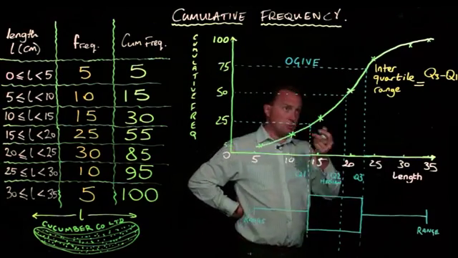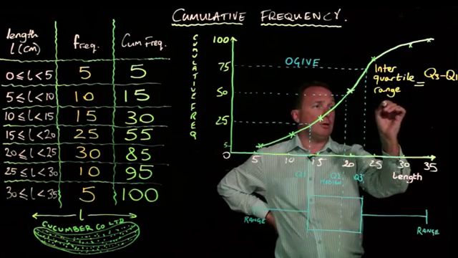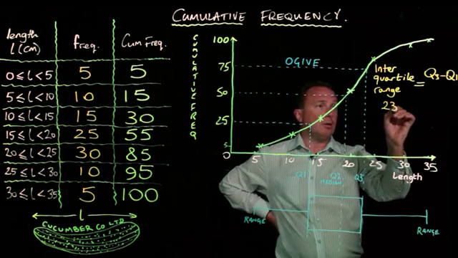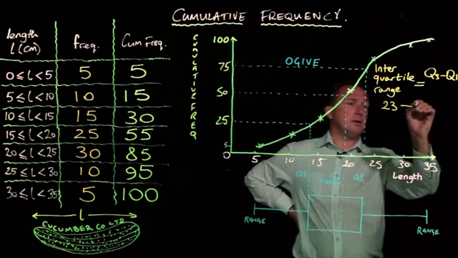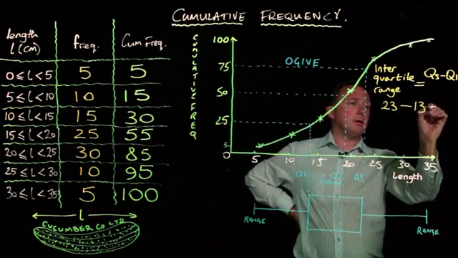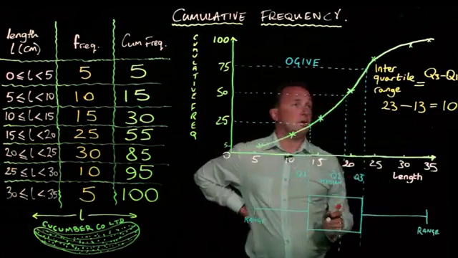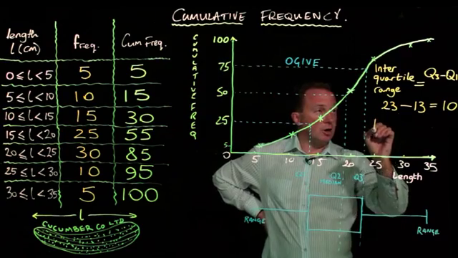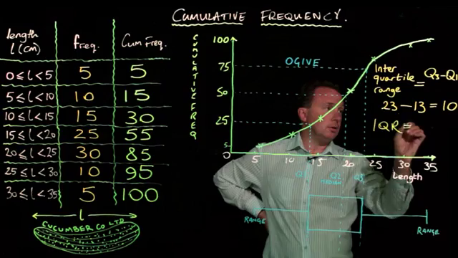And we can look at, actually, we can do that now. Q3 we said, about 23. Subtract Q1, about 13. 23, subtract 13, 10. So I can say the interquartile range, the IQR equals